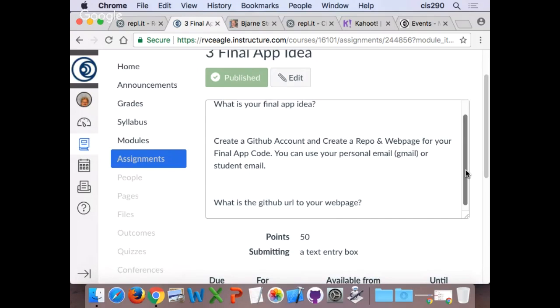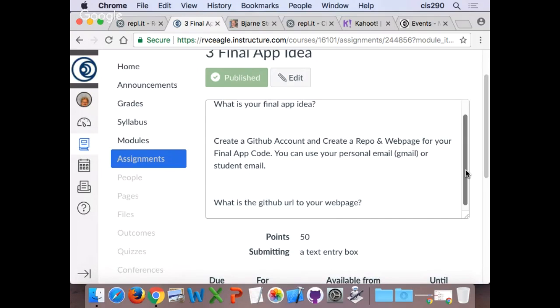By the end of this in-class, what I'm going to have everybody do is, when you create your GitHub account and you create your GitHub URL for your final web page, and we're just going to be generic in the final web page of the app. We're going to call it Final App, which is pretty generic. But everybody will have a unique URL of that Final App web page, basically, by the end of tonight. And it won't take real long to do.